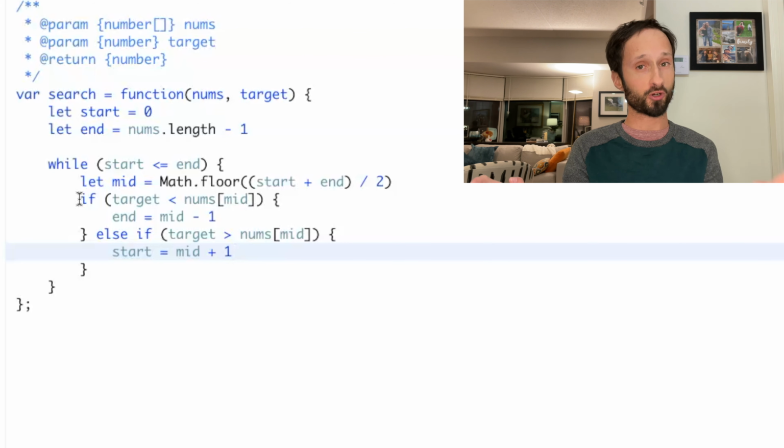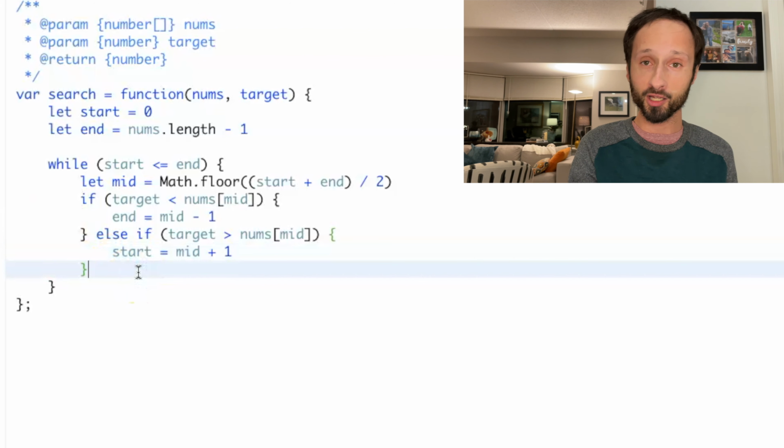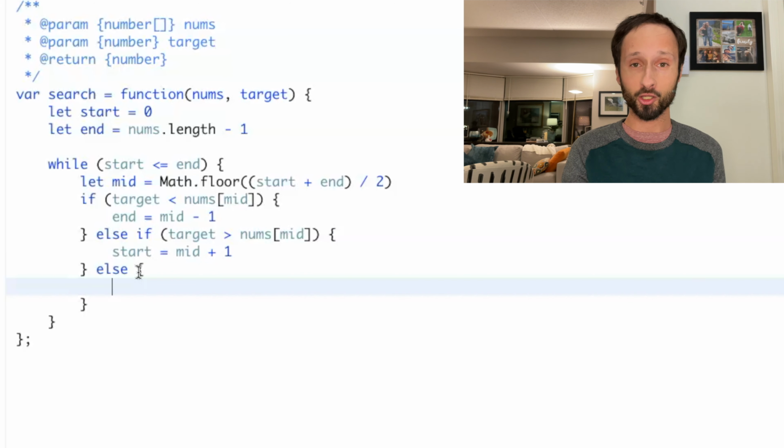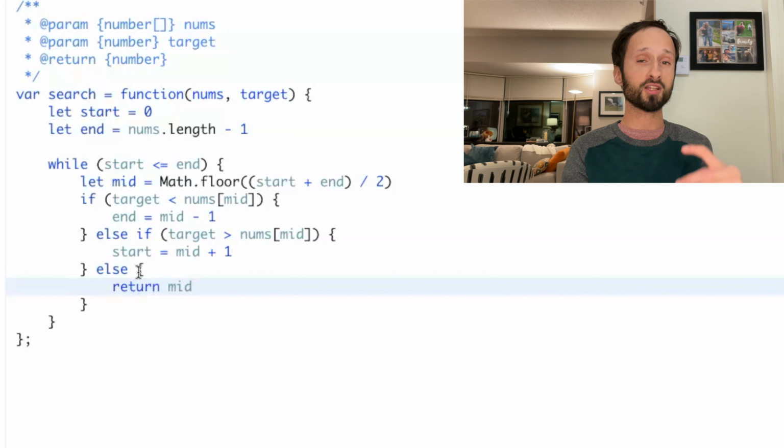So we can move our start index all the way up to that midpoint and start that loop over again. Finally, for the last conditional of this if statement, we're just going to throw on an else, because the only other possibility is that target is equal to nums at the midpoint. And if that's the case, we can just return mid, because it wants us to return the index of the